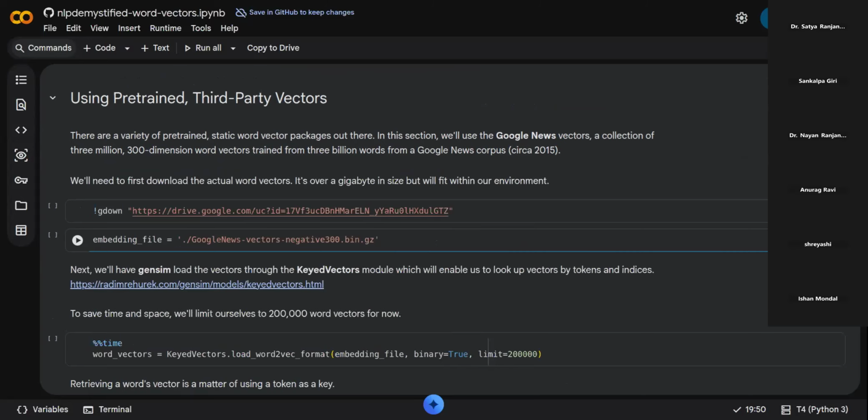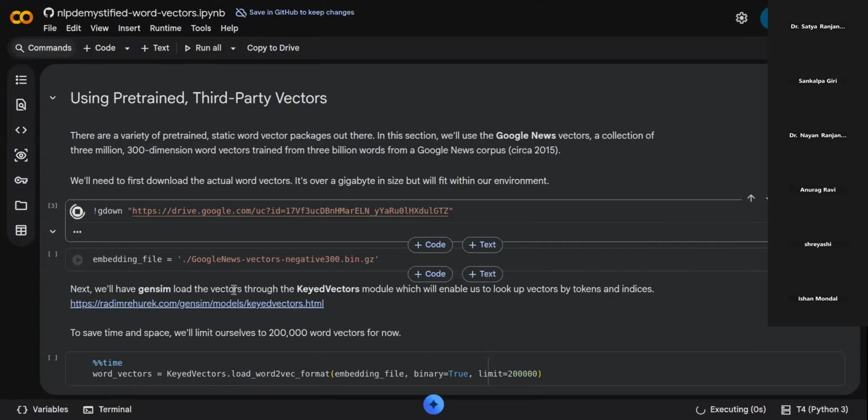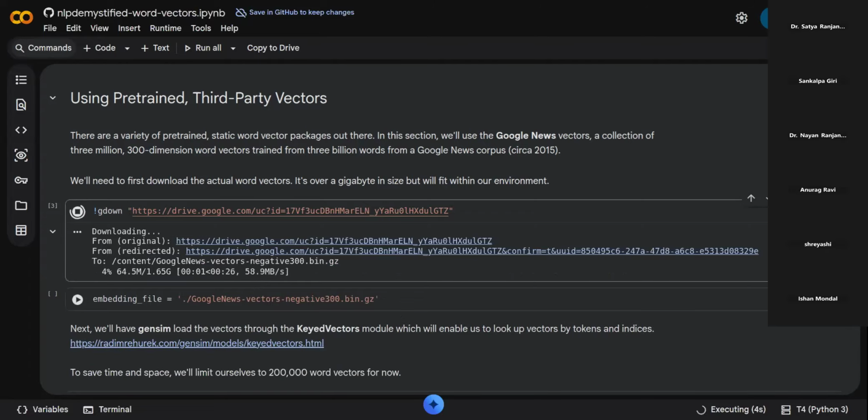And let's say there are different word2vec models available as pre-trained models. One good model is the Google News corpus, a word2vec model with 300 dimensions, and it is trained on 3 billion words from a Google News corpus. Okay, and let's download it. Download that corpus,